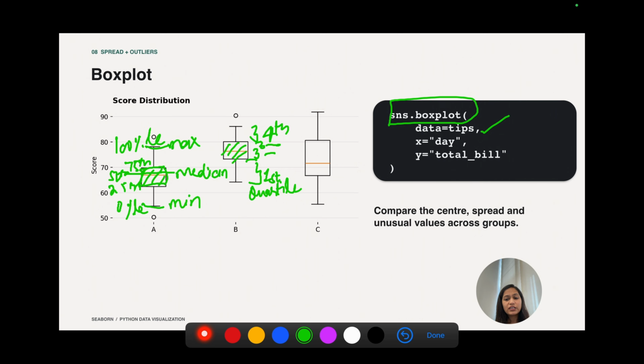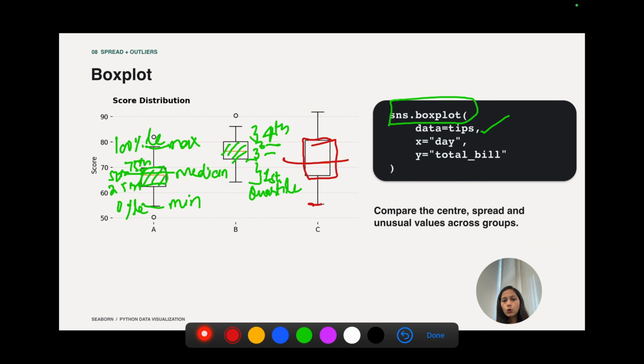You can imagine it like this: in any exam, if you get the 75th percentile, then 75% of other candidates are scoring less than you, right? So the maximum score lies between the 25th and 75th percentile, which is my box. The red value here is the 50th percentile, which is the median.